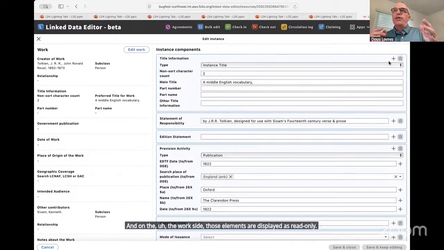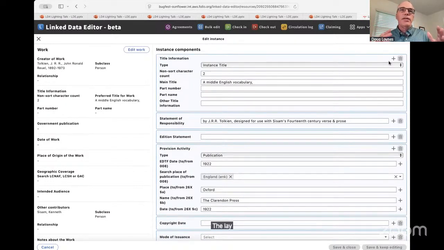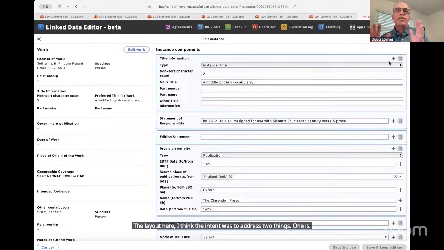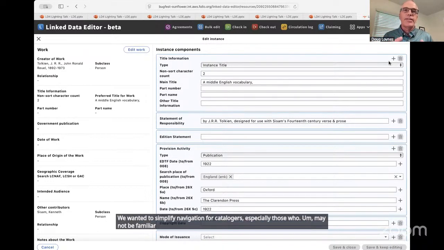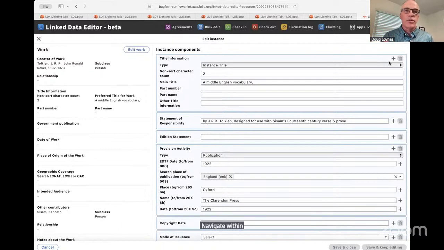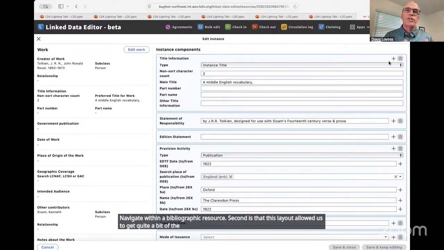And the layout here, I think the intent was to address two things. One is we wanted to simplify navigation for catalogers, especially those who may not be familiar with the work and instance. By grouping it this way, we were trying to simplify how the catalogers could navigate within a bibliographic resource. Second is that this layout allowed us to get quite a bit of the bibliographic resource above the fold, if